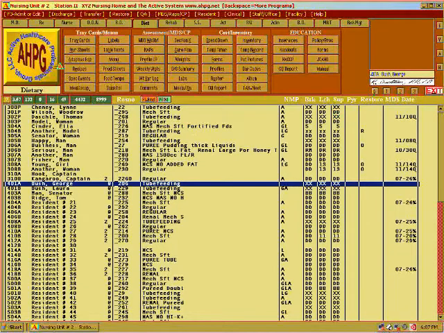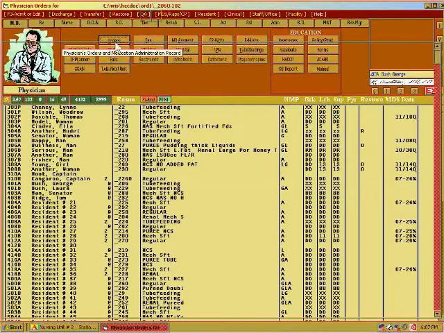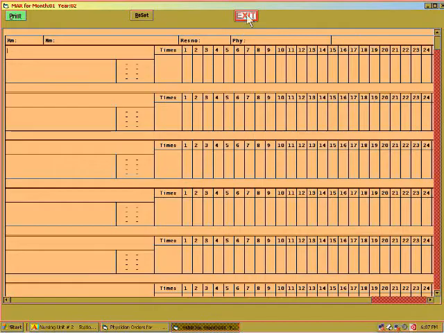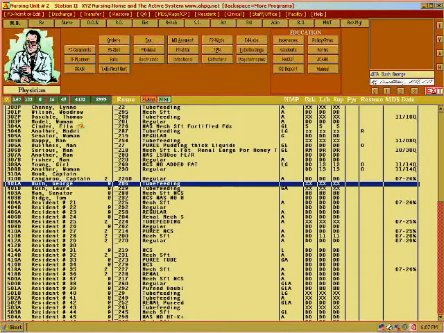Now we'll go up to the discipline tabs. At the very top you see the discipline tabs. The entire system is organized according to discipline, and you simply click the discipline that you want, and you are presented with the command buttons specific for that discipline that you simply click. This is the doctor's tab, and now you go to the physician's orders and you have the MAR sheets. You can also go to the facts